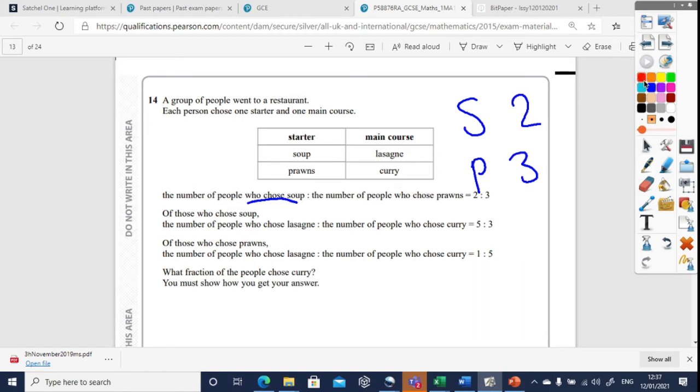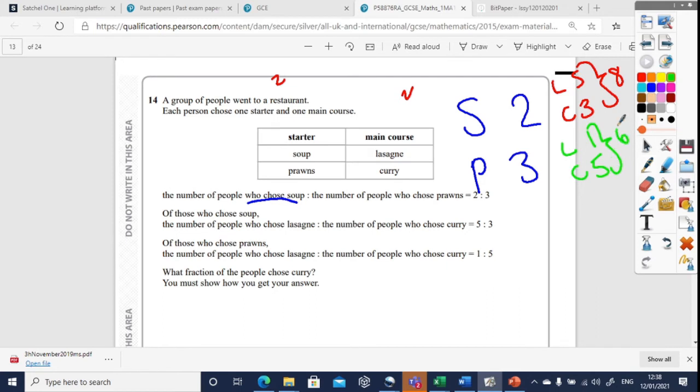Now, of those that chose soup, I know lasagna is 5 and curry is 3. And of those that chose prawns, lasagna is 1 and curry is 5. Now, I want to make the soup be an equivalent ratio to the total of the people who chose soup, and the prawns be an equivalent ratio of the people that chose prawns. So if I add up the people who chose soup, I've got 5, 6, 7, 8. I've got 8 here. And then of those who chose prawns,